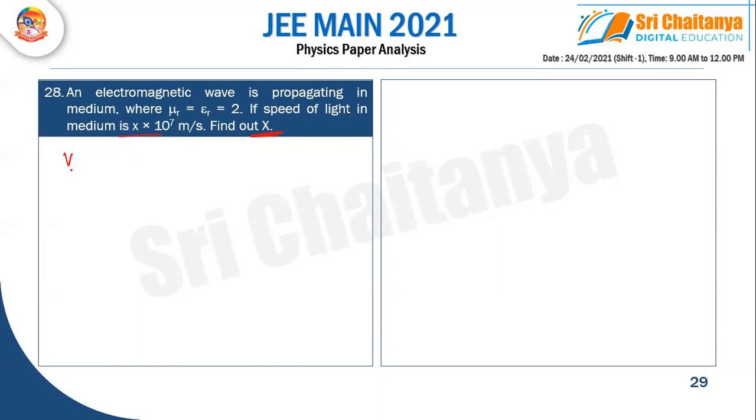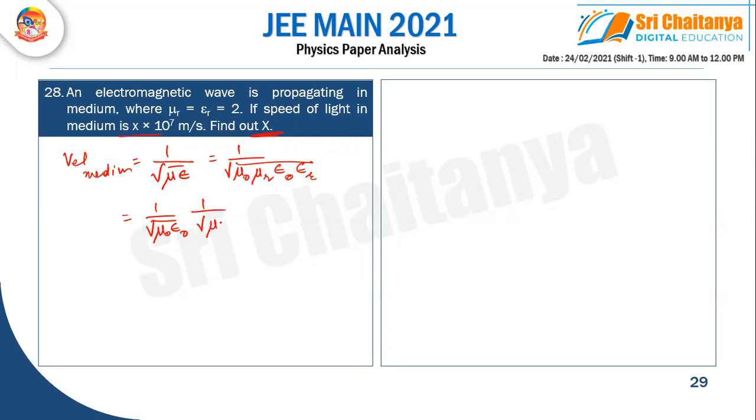So the velocity of an electromagnetic wave in any medium is given by 1 by root of mu naught epsilon naught